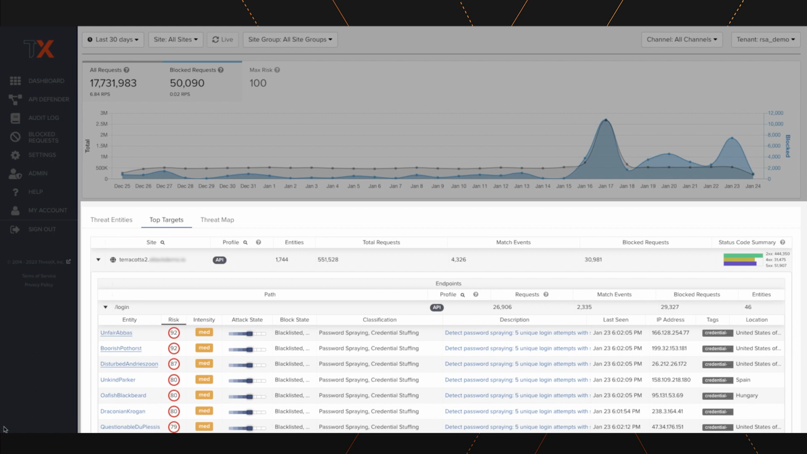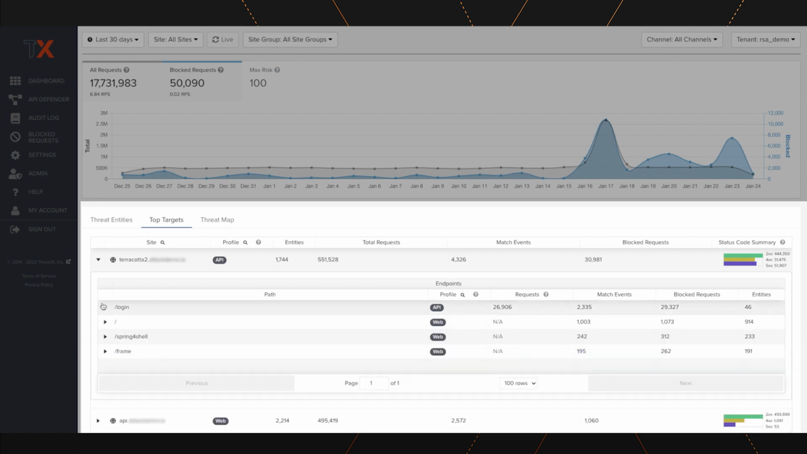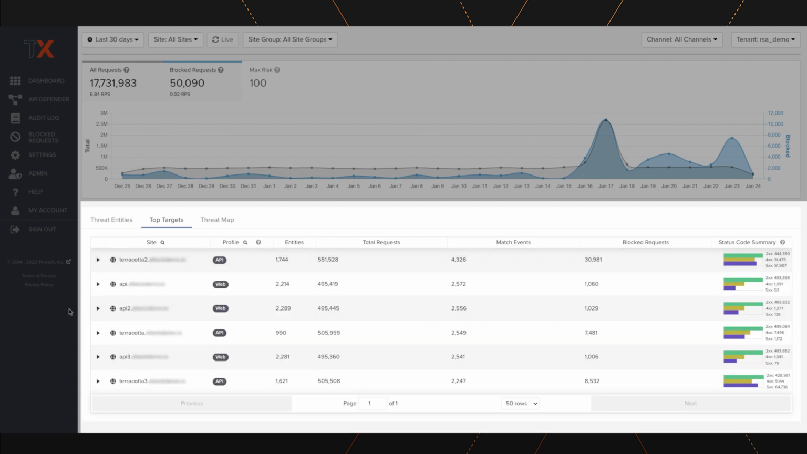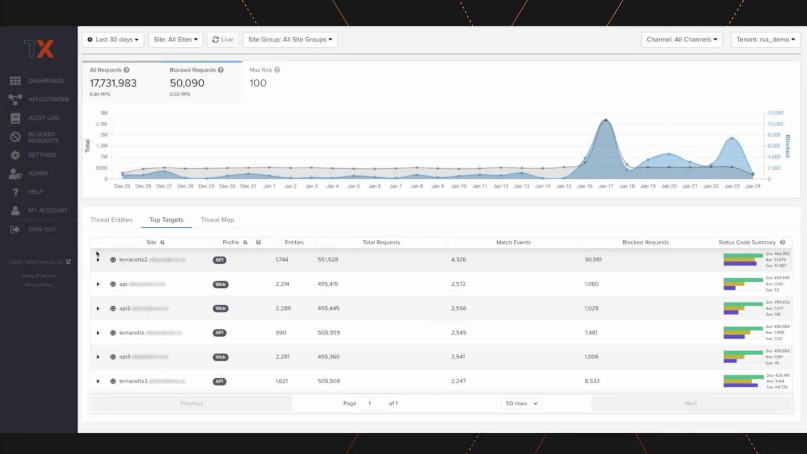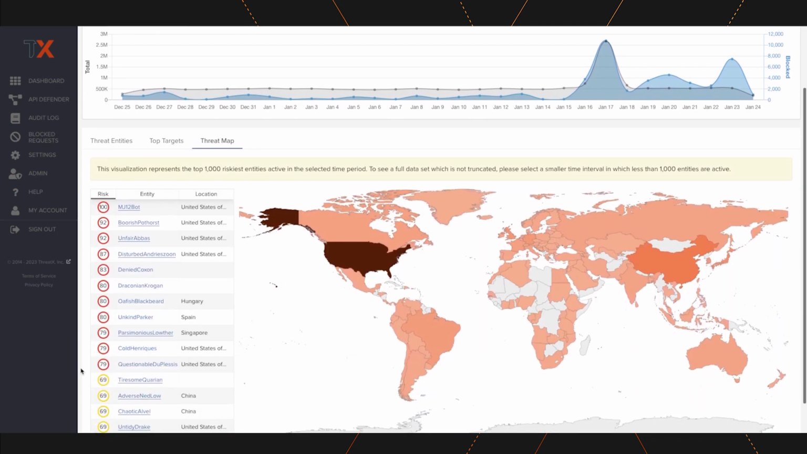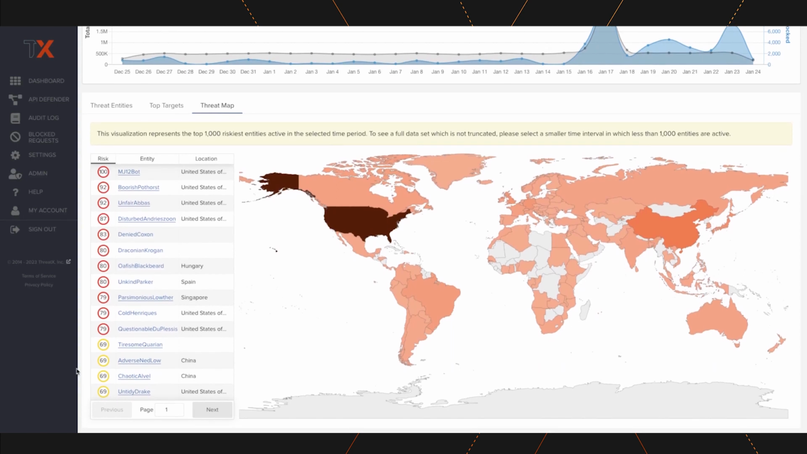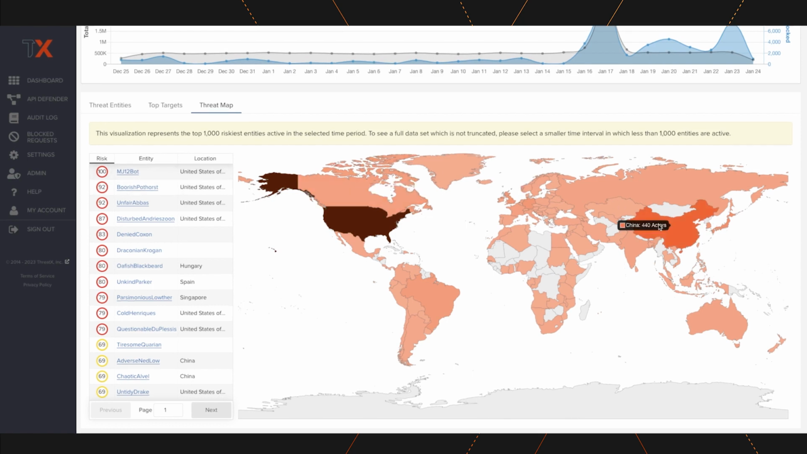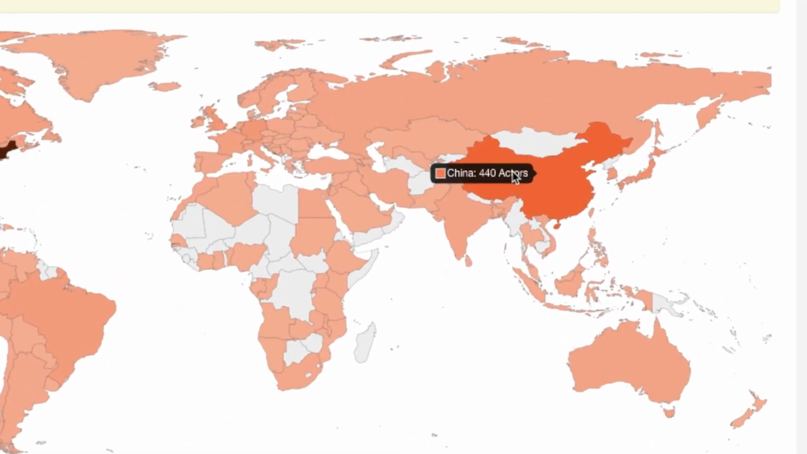The top targets view makes it easy for users to investigate threats in your environment focused on your digital assets, not on the attackers themselves. Lastly, the Threat Map tab provides visibility into the location of each attacker and its associated risk. The interactive map allows users to identify how many unique attackers are from each country. Users can hover over a country on the threat map, and a pop-up will display the number of attacking entities